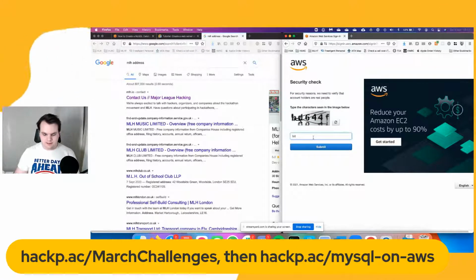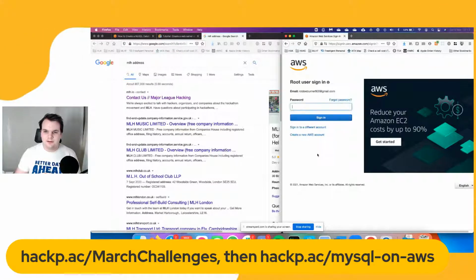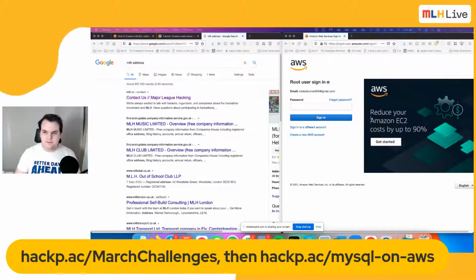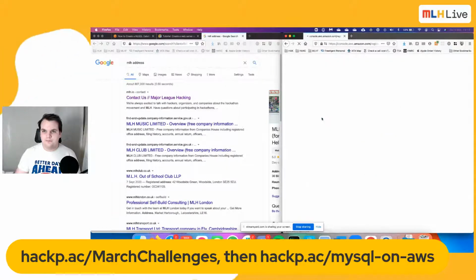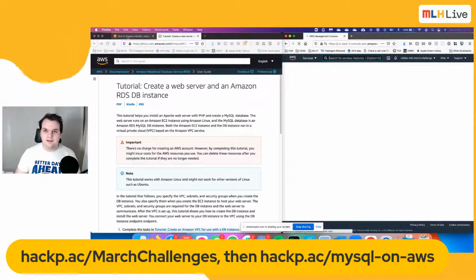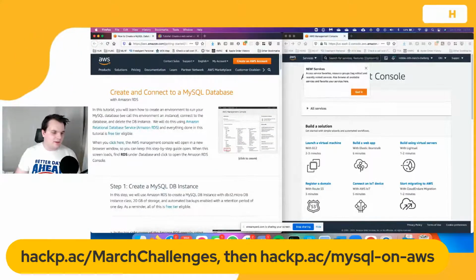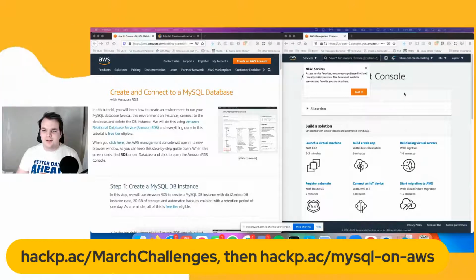Oh gosh, BD644F. I need to grab that password. I think we're in. Are we in? We're in. We're in the AWS console. Fantastic. So now that we're here,